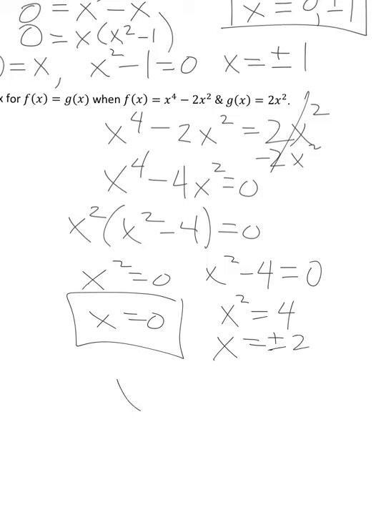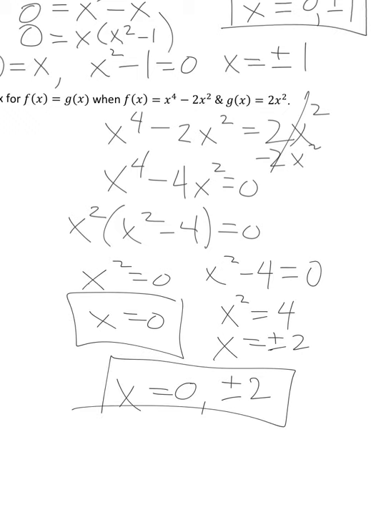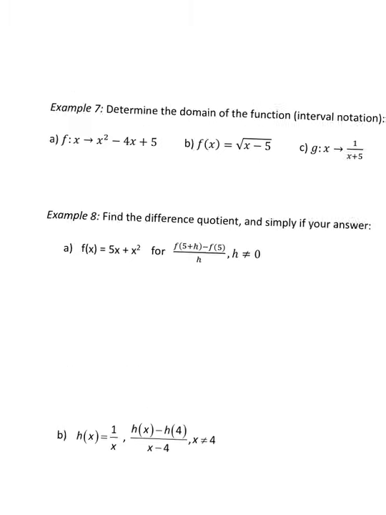So these 2 people took their temperatures, and they have a function that represents how the temperature changes over time based on the data they collected. And we found out that comparing the 2 functions, their temperatures were the same at a time of 0 and a time of positive and negative 2. Okay, this example 7, I believe, is the end of 1.4a, and then we'll move on to 1.4b,